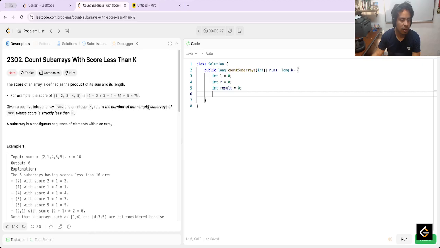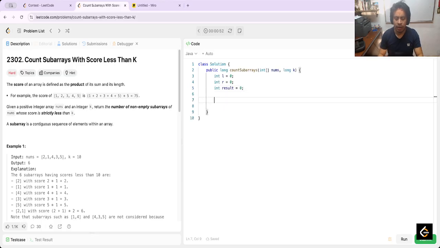Return the number of non-empty subarrays. I don't know why it's long. I am thinking if it's necessary to create an array for the prefix sum, or